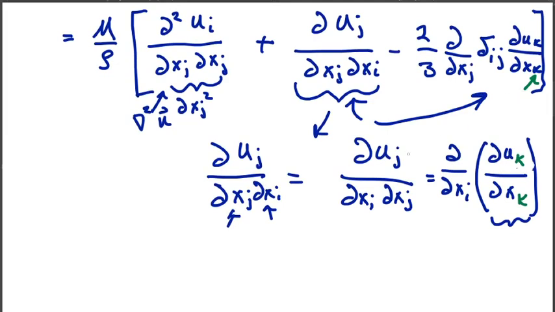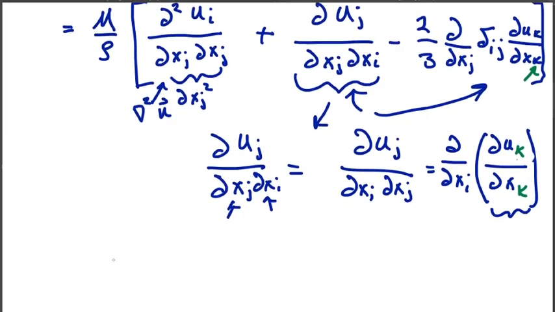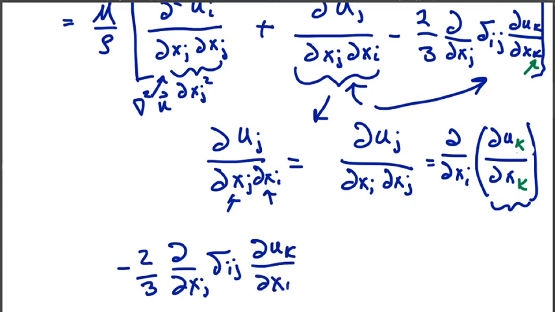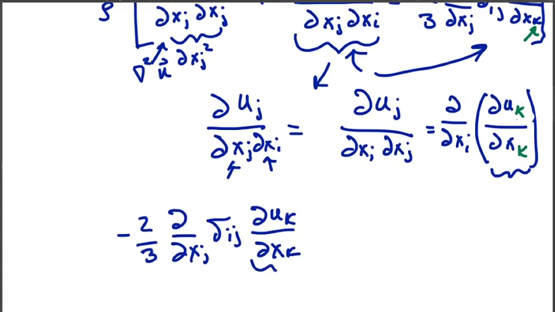And in fact, this gets even more clear when we consider this last term, this minus 2/3 d by dxj sigma ij duk dxk. Well, this is just a contraction, and this is just some thing, right? So we can just throw some parentheses around this so this looks kind of the same as up here, and we have the same kind of sense to this thing. Let's now think about what happens here as our